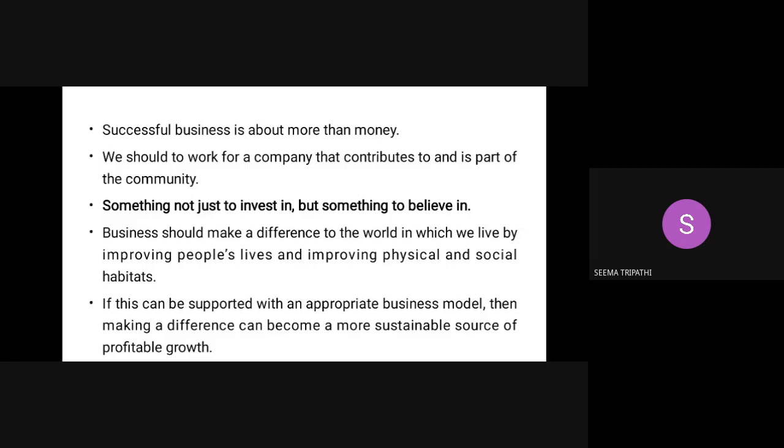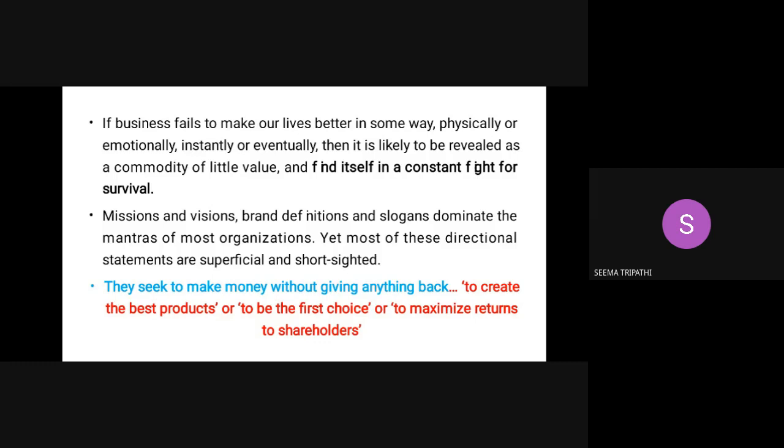But what we have to do is think about whether we are contributing something back to society or not, whether we are improving the lifestyle of the people or not, whether we are improving our societies, and since we are part of the society, whether we are improving ourselves, our human standard, or not, clear. Most of the time, if we talk about business, we think about the way to make profits, clear, and we are fighting for that. But, my dear, it is not just about seeking money, making money without giving anything back, clear.